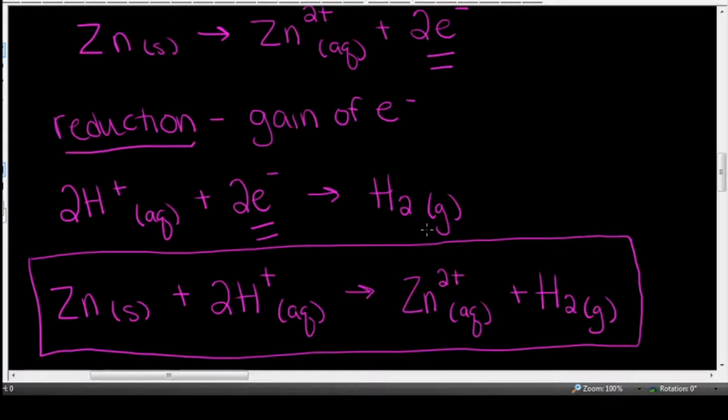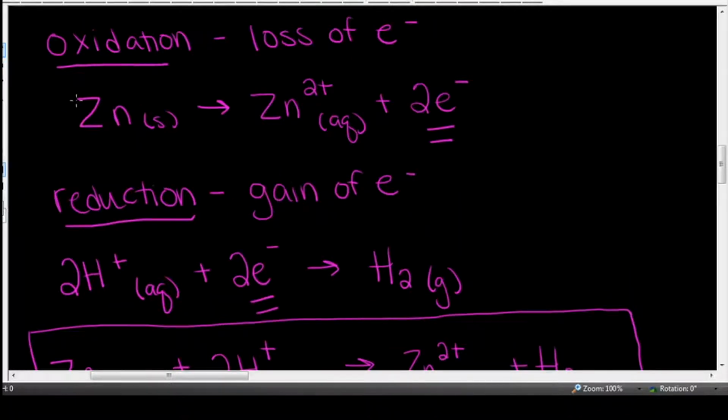So in this reaction, when the zinc was being oxidized, it was allowing the hydrogen to be reduced. So because the zinc was allowing for the reduction of the hydrogen, we called the zinc solid the oxidizing agent. The zinc, no,